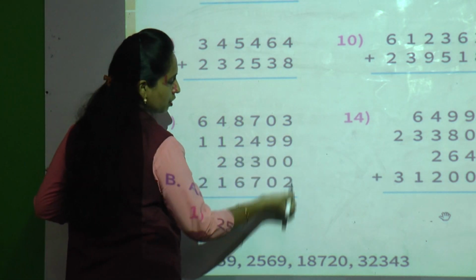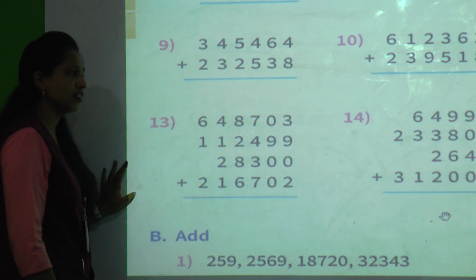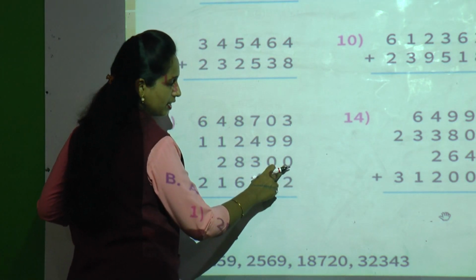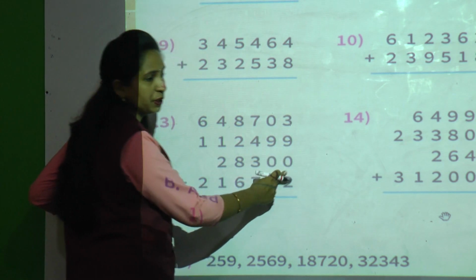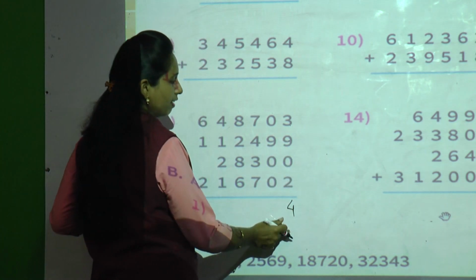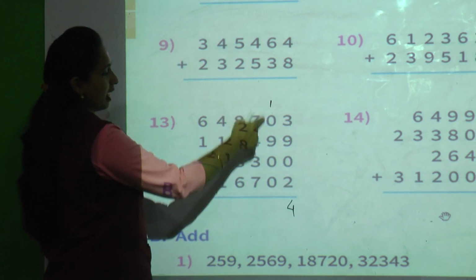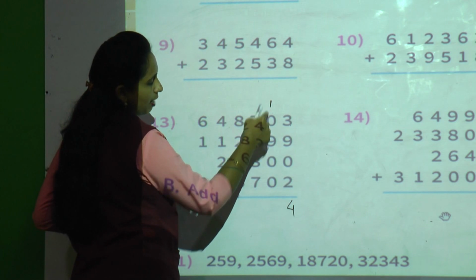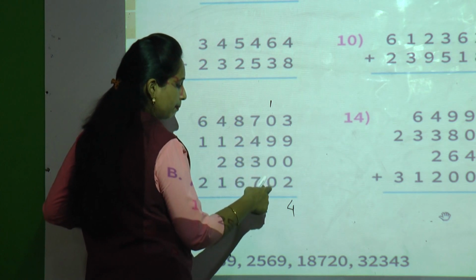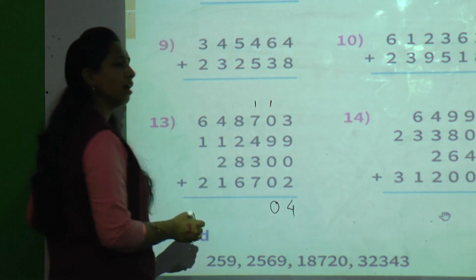Okay, so we have to just regroup all the numbers together. 3 plus 9. Yes, students, tell me, 3 plus 9 is 12, and 12 plus 2, here 0 is there. So if we add 0 in 12, we get as it is 12. So 12 plus 2 is 14. So 4 will write in 1's place and 1 will carry to 10's place. Now we will add this side, 10's place. 1 plus 0, 1 only will come. 1 plus 9, 10. 10 plus 0, nothing. So 10 only. 0 on 10's place, 1 will carry to 100's place.